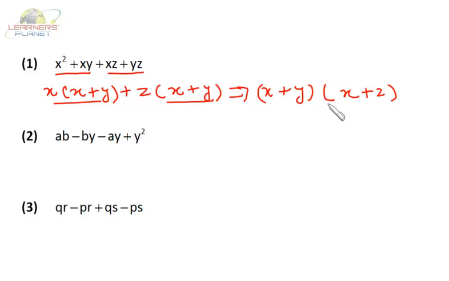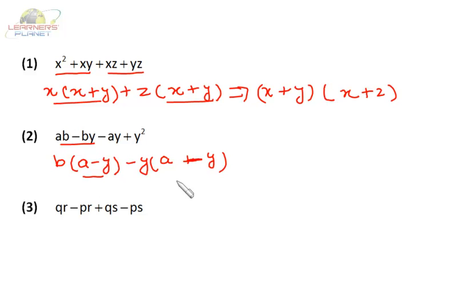then you can write it like this, and you can show the factors. Okay, similarly in this problem, from the first two terms, I can take b as HCF or common factor. Then I'm left with a minus y. From these two terms, I can take minus y as common. So I'm left with a. It's minus ay divided by minus y, I will be getting a. Plus y square divided by minus y,